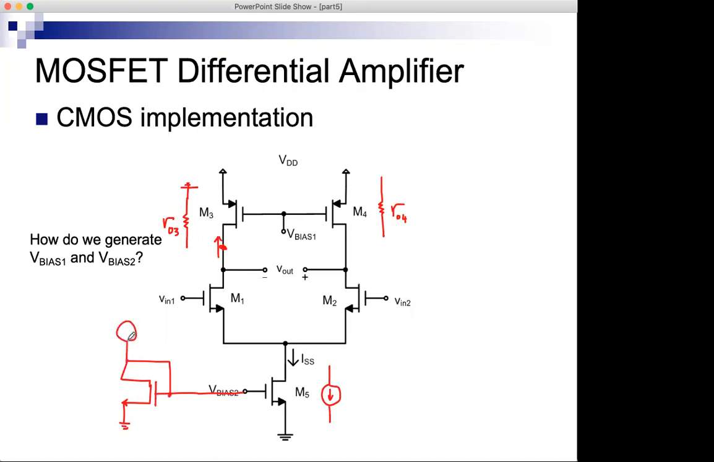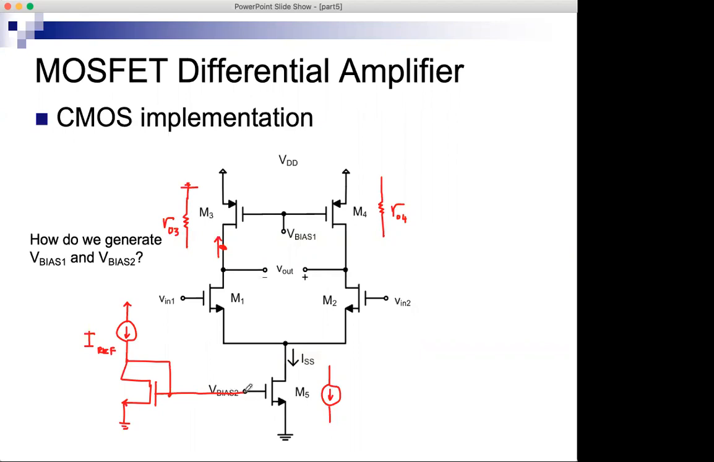And here I will have the golden reference, IREF, or maybe VDD. So IREF here. And this is how we can generate V bias 2 from a transistor. Let's say this is M6, and from the golden reference I can generate V bias 2,